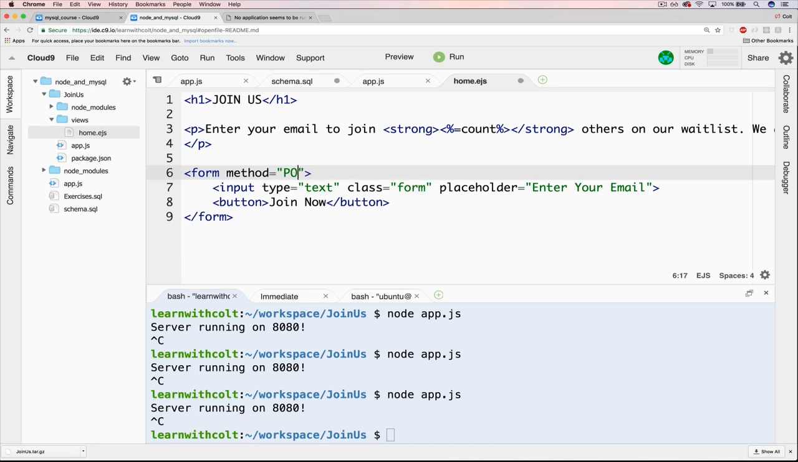It can be all caps, all lowercase, it doesn't matter. You'll see both. And that is saying that when this form is submitted from this button, the last button, or if a button is the last thing in a form, it will automatically submit the form. So when it's submitted, it's going to be a post request, and we'll send it to a route that doesn't